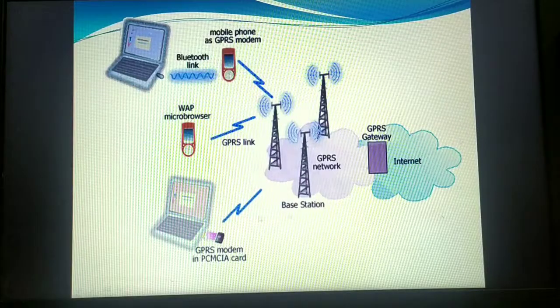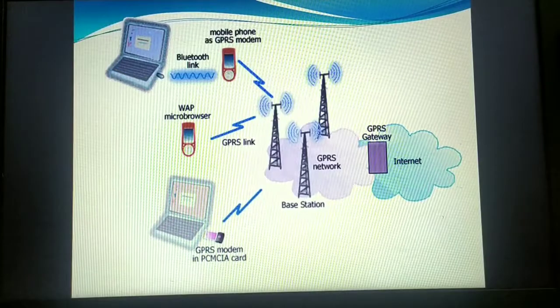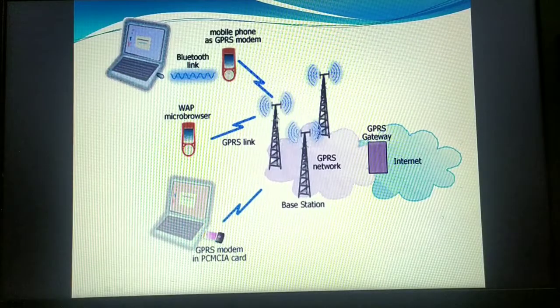At the end it is the internet, but how are you connecting? Again you are using antennas or base stations, which you can also call transceivers. I hope you know what a transceiver is. Any antenna that has the capability to transmit and receive is a transceiver. Whatever connection is happening is in wireless form only. Here you can see a mobile user who also wants to connect to the internet, using what? A GPRS link. Here a mobile phone acts as a GPRS modem, with a Bluetooth link, again in turn using GPRS.